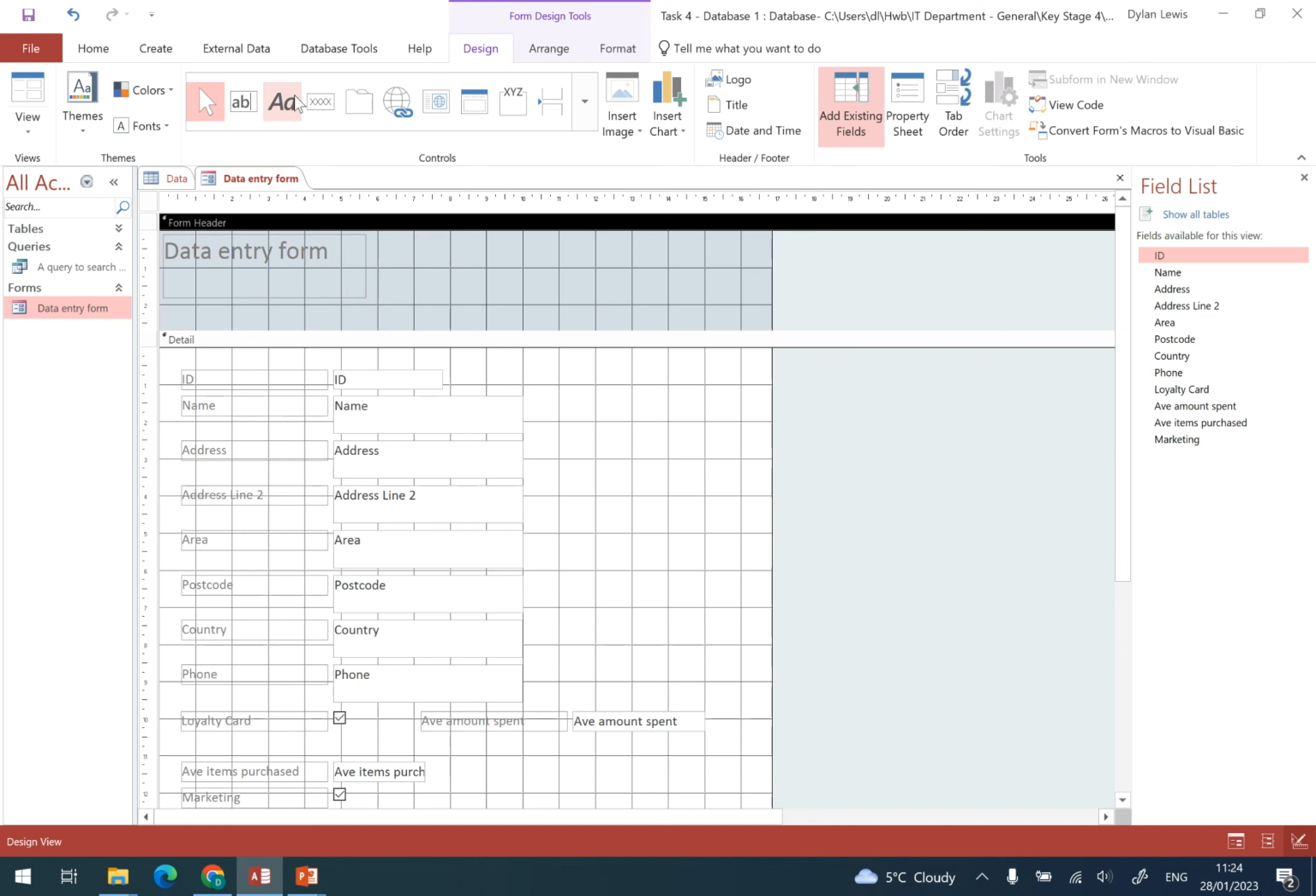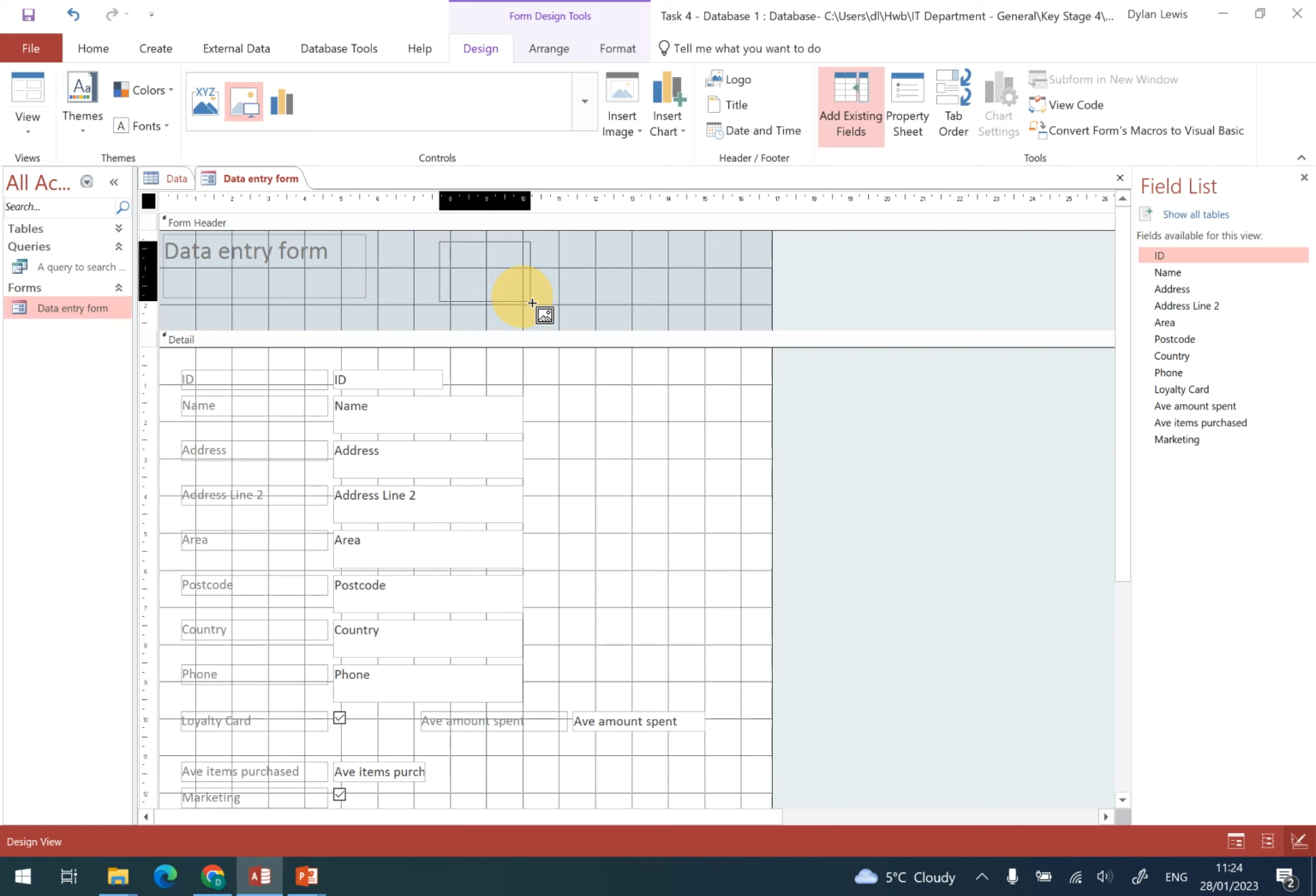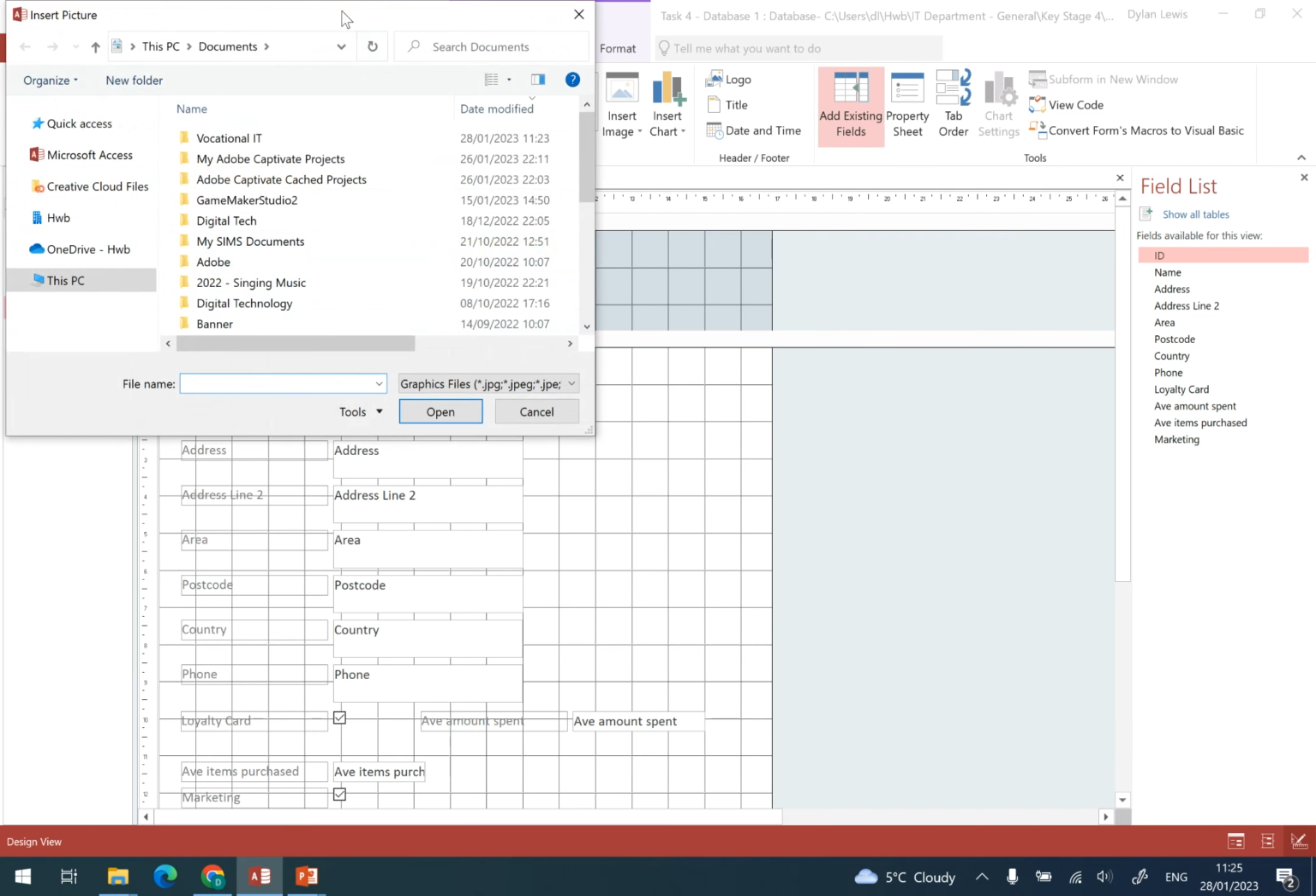Now you'll notice there's a few items on the top here. These are controls, and if you notice there's lots of different things here. One of these is an image, but if you can't see that image for whatever reason, there is another option here to insert an image. If I do click on this image and then draw, what it's going to do is ask me to insert